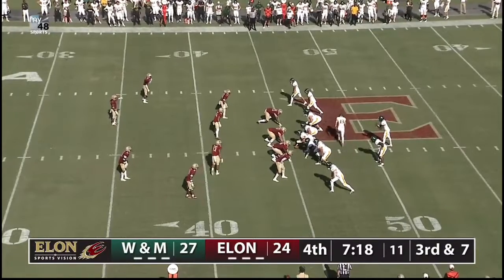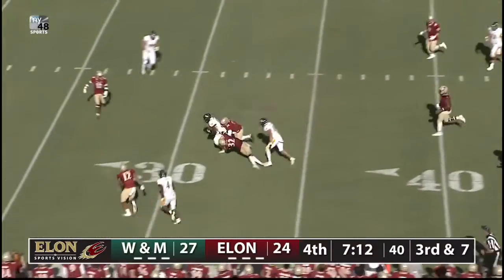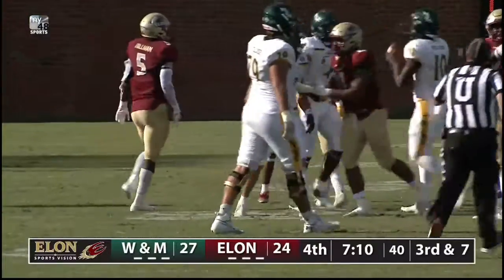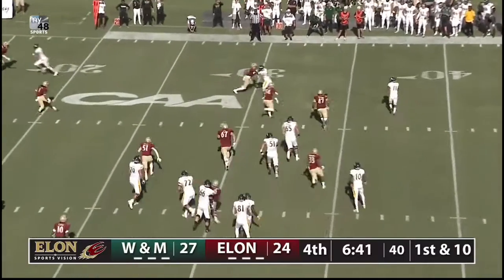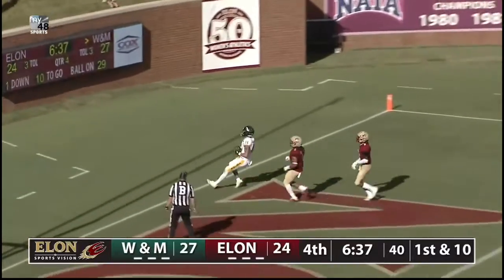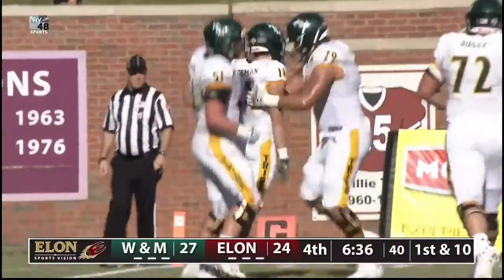Wilson out of the shotgun, brings Mayo in motion, the snap, straight drop, here comes pressure. He'll elude the Phoenix rush and take off and across the 30 down to the 29-yard line. Kendrick in motion, the snap, they'll zip one out to Kendrick, he'll make the catch, now throw in, looking to go deep, and he does. The trick play on the halfback pass